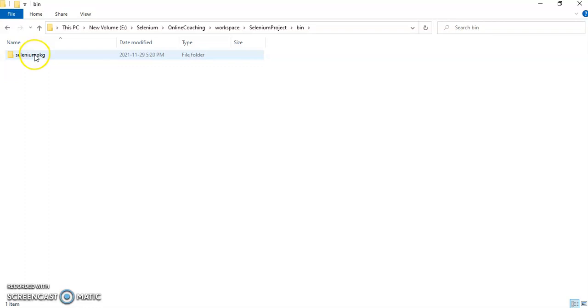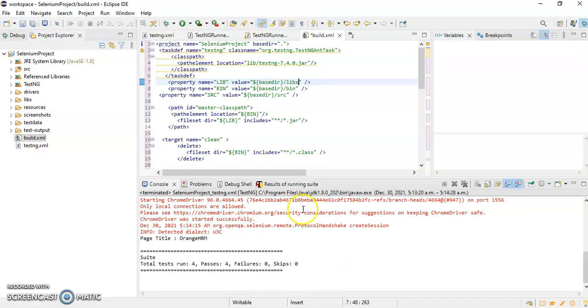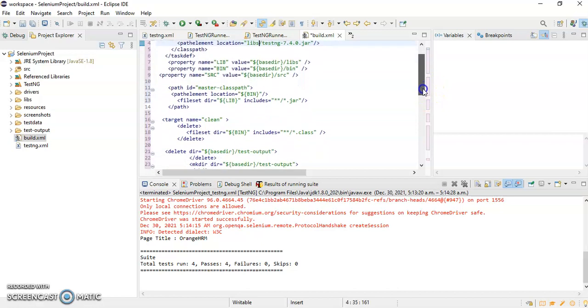So this is the package name. What you need to do is, if you go here, this is the base directory, and inside bin our class files are located, and this is the TestNG jar file, and this also we need to change. We have to make it libs. After that what we can do here is,